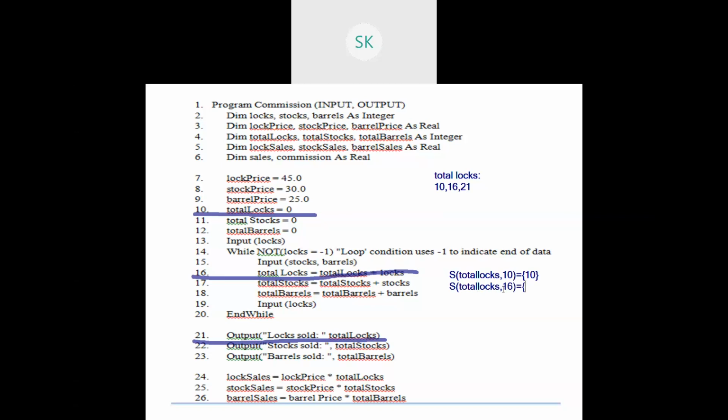Then what are all the members? Right from 10, it will be 10 followed by total stocks. Barrels will not have any impact on it, so no need to involve it. The next one is 13, because based on logs you need to contribute with respect to total logs. After this, 14 comes into the picture, because based on checking the logs, if -1 is not there, it needs to go inside the while loop. Is there any impact from inputting the stocks and barrels? No. So you need to exclude it.